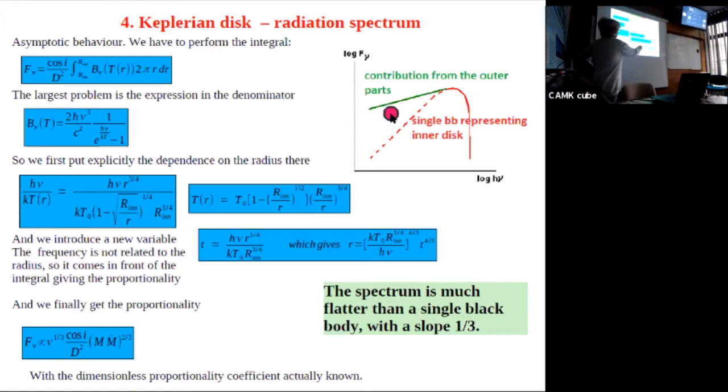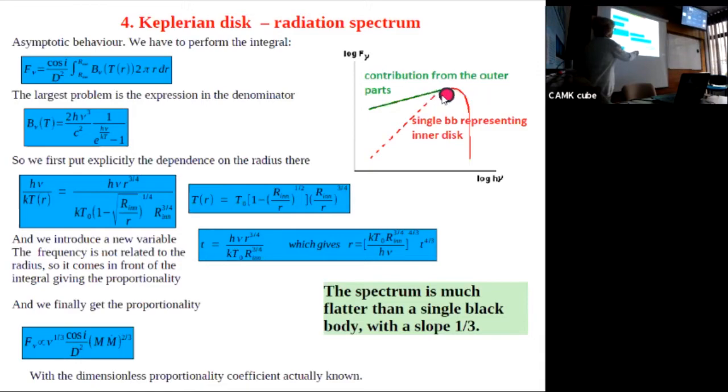On the other hand, here you have a contribution from the outer parts of the disk. So instead of the slope 2, you have slope 1/3 only. It's a large difference. And then if you do observations here at long wavelengths, you are not affected by this part. And then you can use this power law approximation, and it's frequently done like this in spectral analysis when